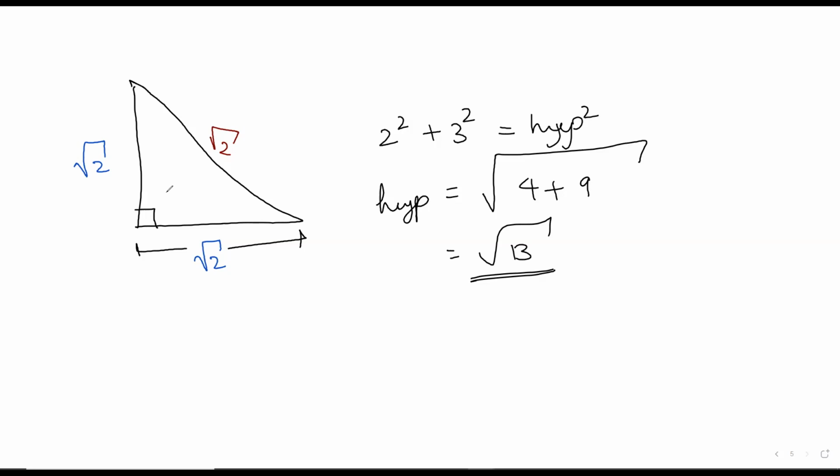So have you guys ever studied about types of triangles? Yes, ma'am. There are three types of triangles, ma'am. A triangle in which two sides are equal, a triangle in which three sides are equal, and a triangle in which all the three sides are different. Very good. So the triangle in which all three sides are equal is known as a triangle in which all three sides are of the same length. Equilateral triangle. Very good. Equilateral triangle.